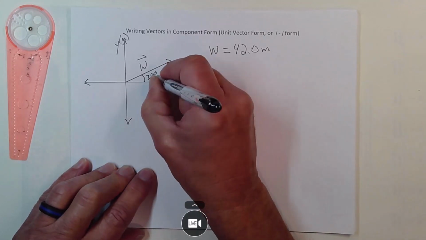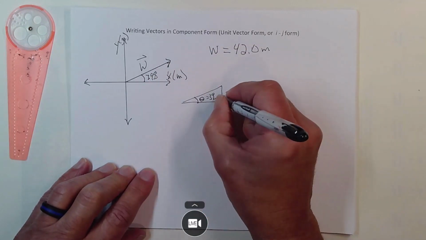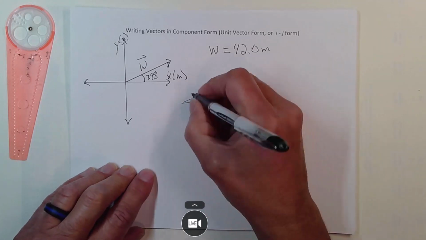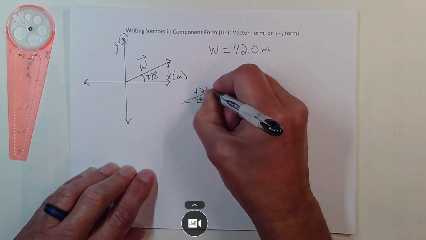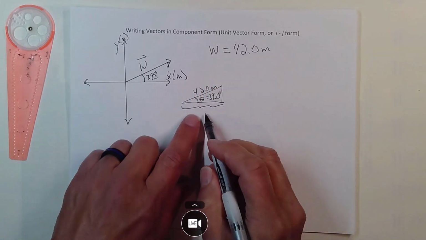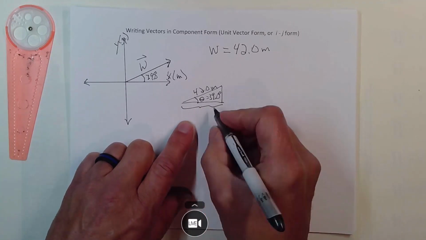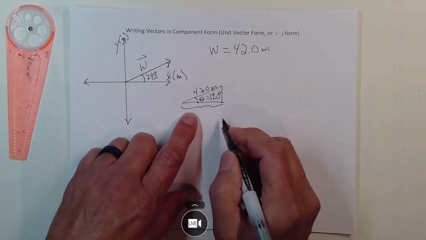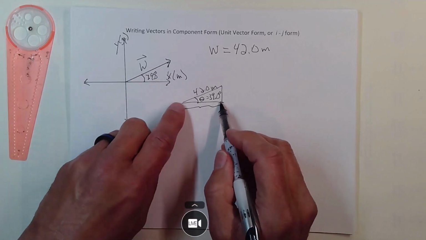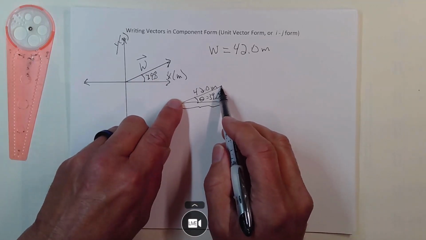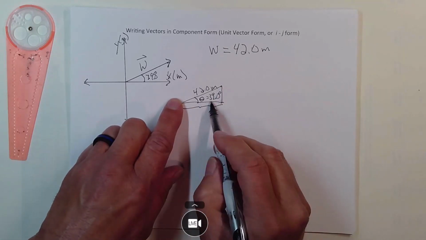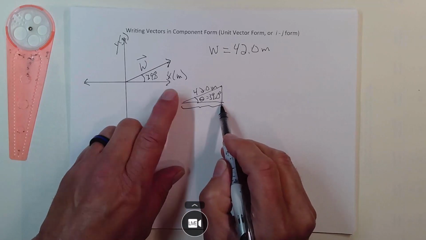Let's make it 39.0 degrees so we can keep 3 sig figs on this thing. And I know that this is 42.0 meters here. Well, how much is this? Okay, this would be the i hat, or the x component of the vector W. Well, this thing divided by the hypotenuse is going to equal the cosine of theta, cosine of 39.0 degrees, which means